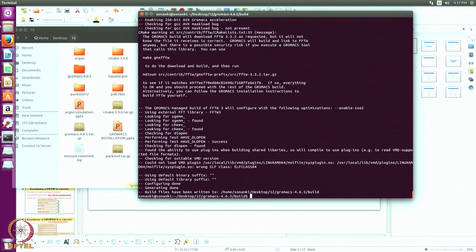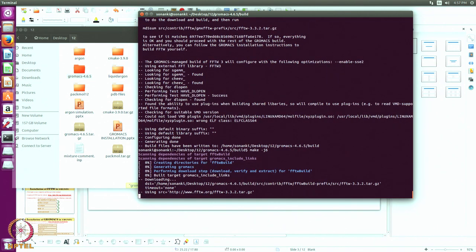So now this is done. Configuring is done. Now we have to install it. So I have to type the command make again. So make minus J6. Is it doing? Yes, it's doing. It's downloading. So 0% and then it will show percentage. It will take some time, maybe 1 or 2 minutes.